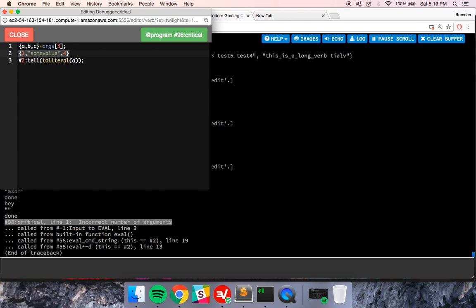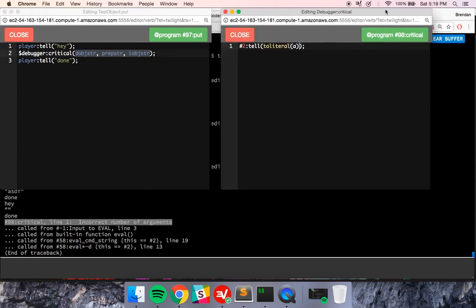But we don't have that. We just have an empty list. And referencing the one index of an empty list is E_ARGS. That's the error it's going to throw. So we don't want to do scattering here. We just want to do a toLiteral. So we've now created